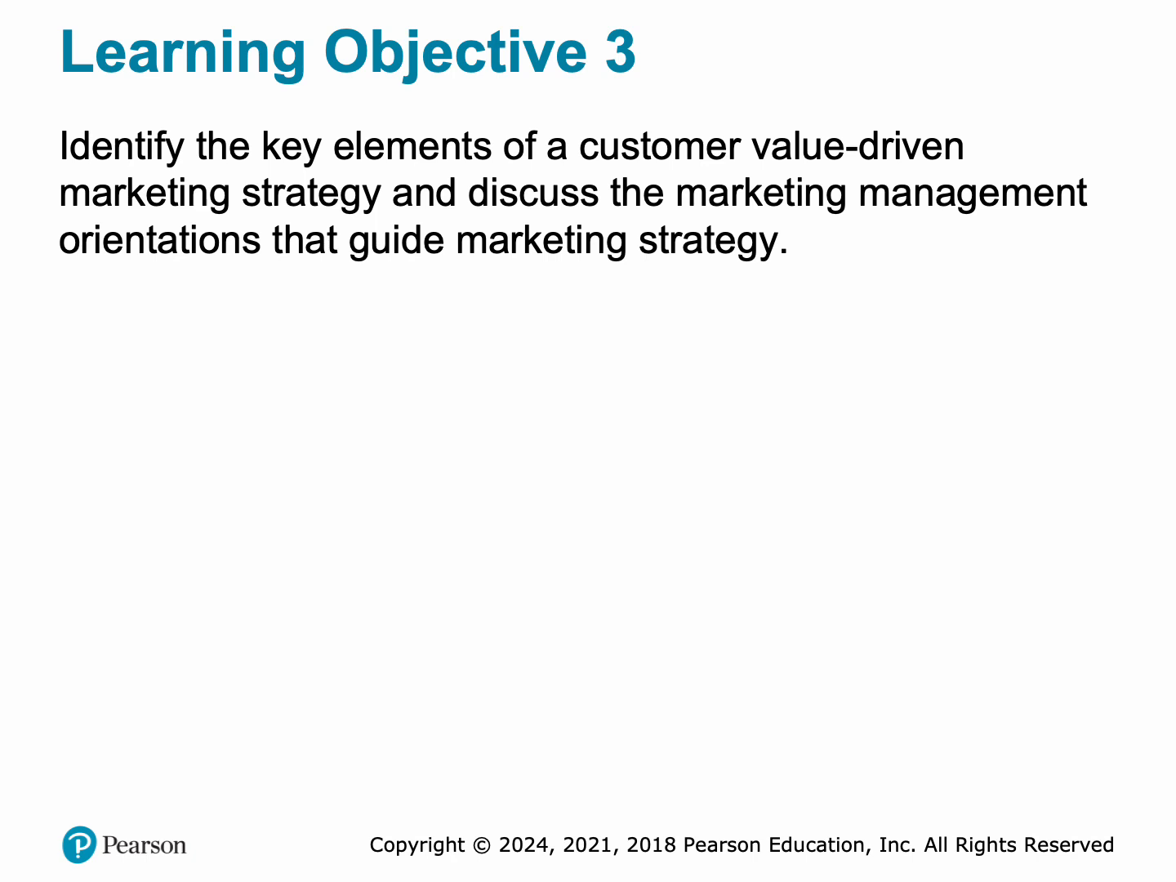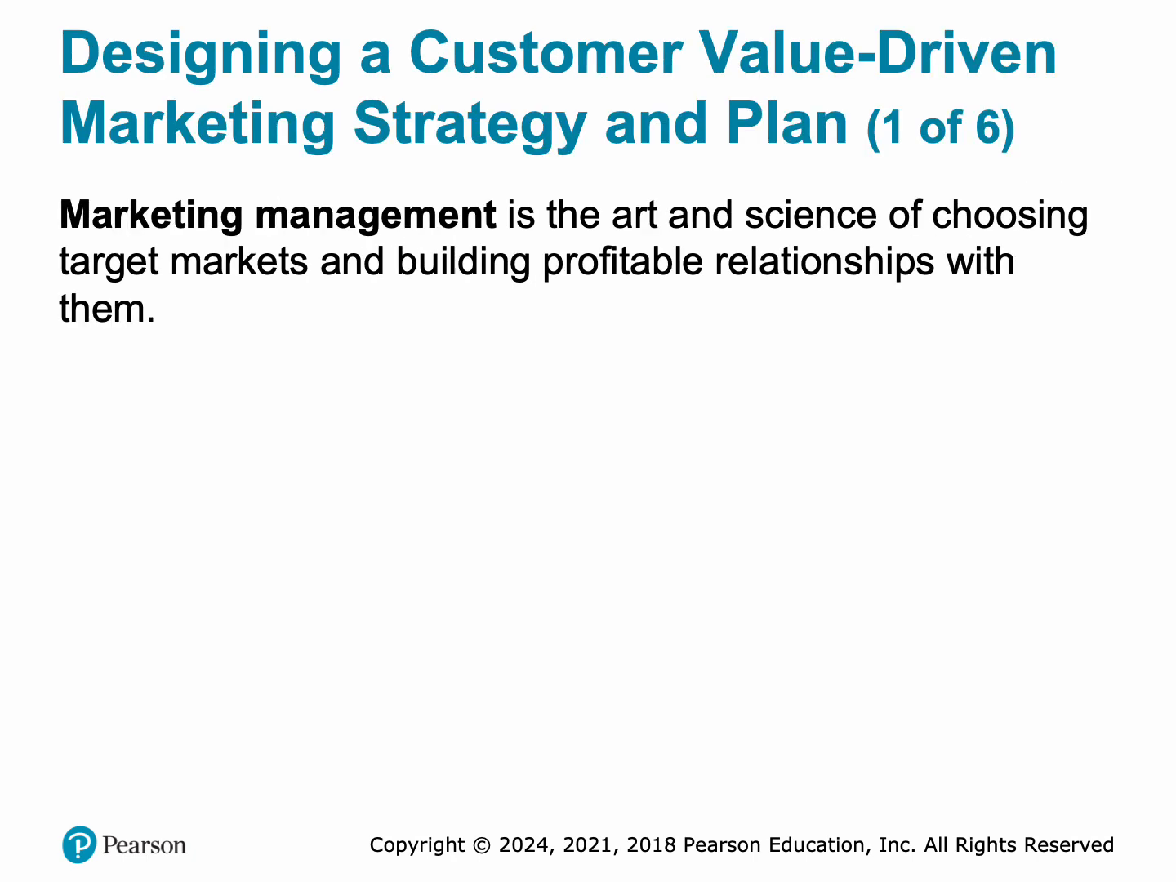So we're learning objective 3, identifying these key elements of the customer value driven marketing strategy. And we talked about that orientation and what does it look like to guide our marketing strategy. So marketing management, it's both an art and a science, right? So it's never just 100% data driven, right? Both qualitative and quantitative. There's sort of an art to it as well, to really understanding,